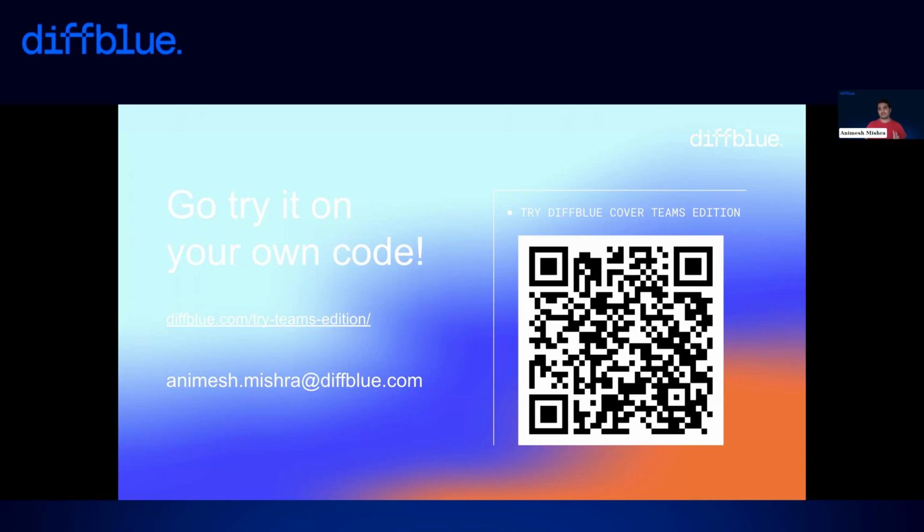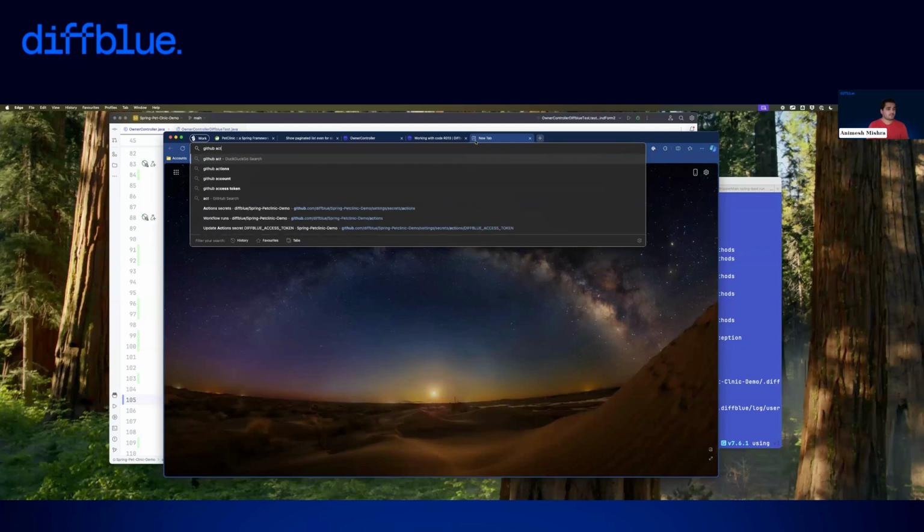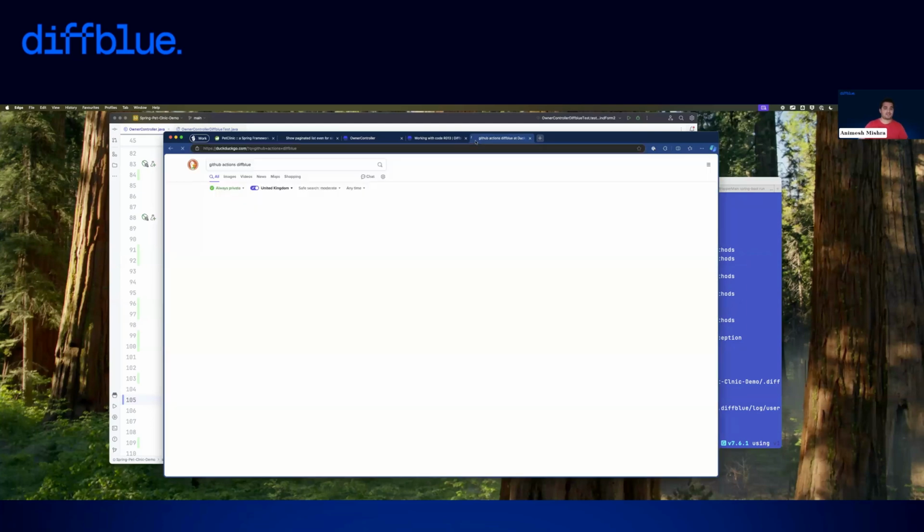There are two levels of integration to be had here. One is a completely hands-off, one-click drag and drop integration, which we have for GitHub Actions and GitLab. This works both for self-hosted GitHub and GitLab, and also if you're using just github.com or gitlab.com. These one-click integrations do all the work for you. So what you get, let me show it to you. GitHub Actions Diffblue. What you get is a